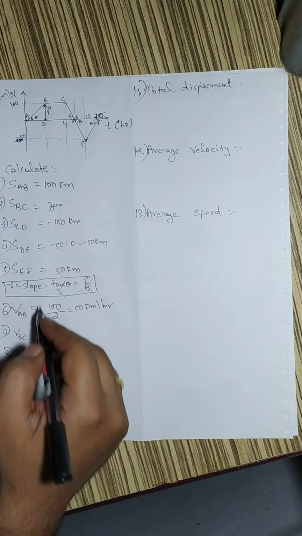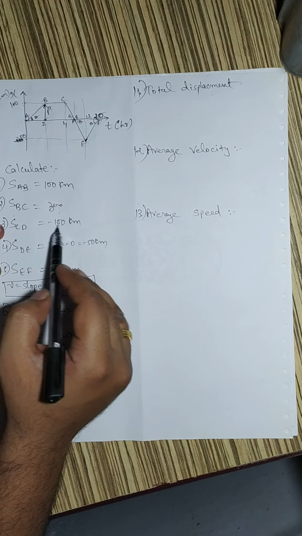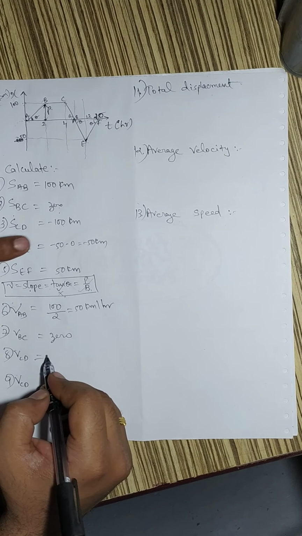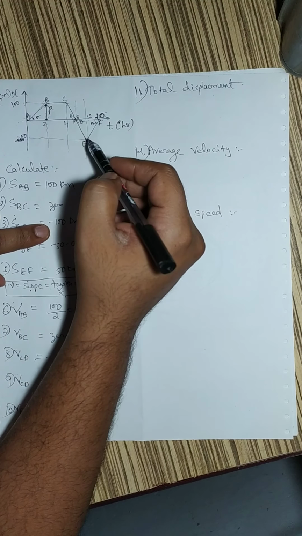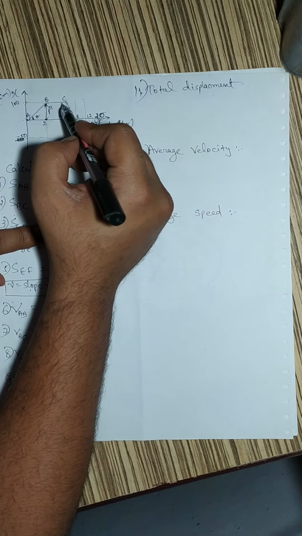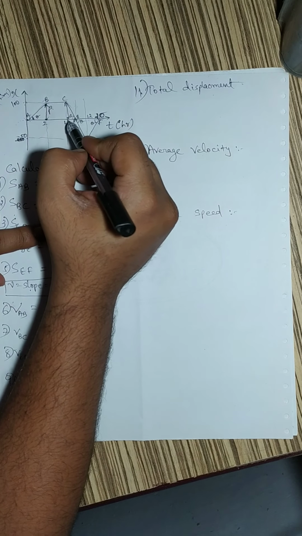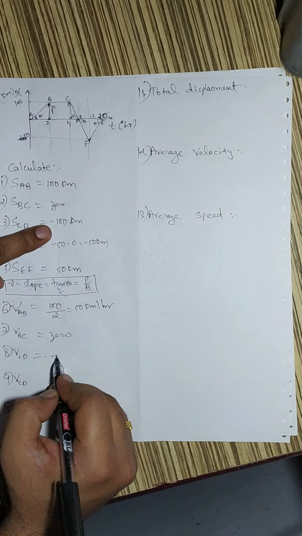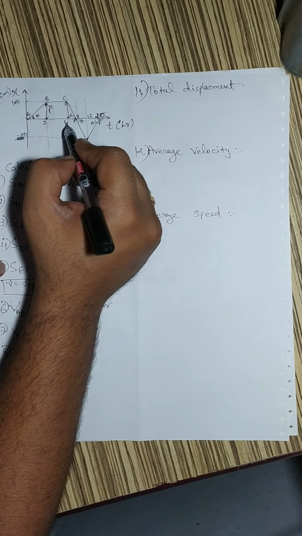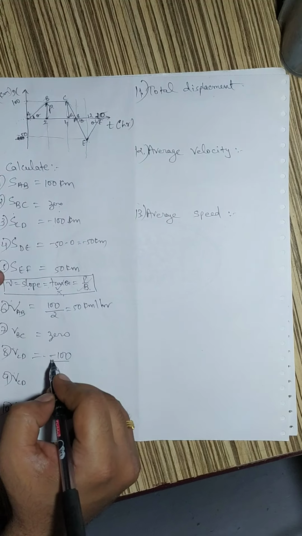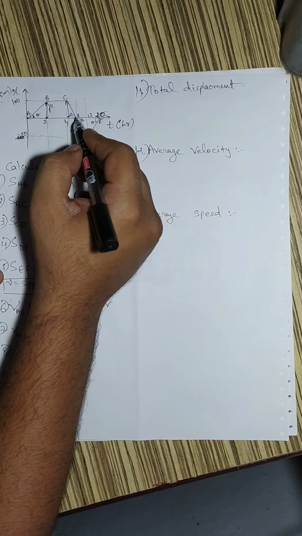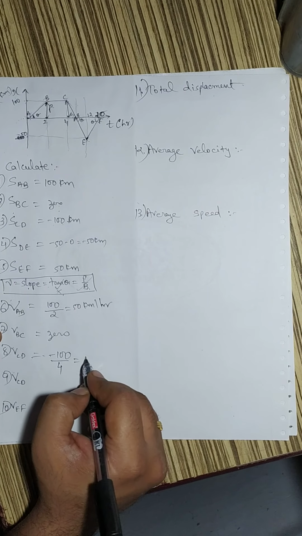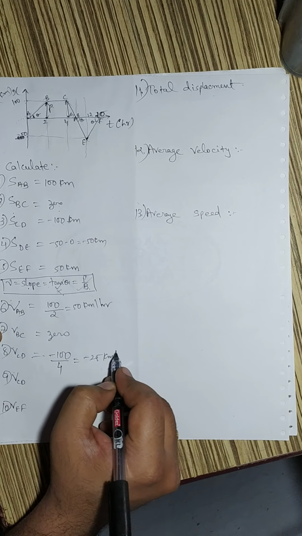CD is a negative slope, displacement is negative, so obviously velocity will also be negative. So let's see velocity. Velocity is displacement in the CD, right? How did we calculate displacement in the CD? Perpendicular, right? So perpendicular is minus 100, and the time is 4 to 8, that means 4 hours. 8 minus 4, final time minus initial time. So this will give me minus 25 kilometers per hour.